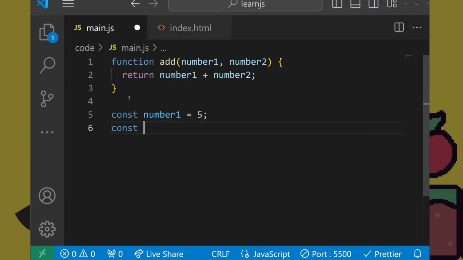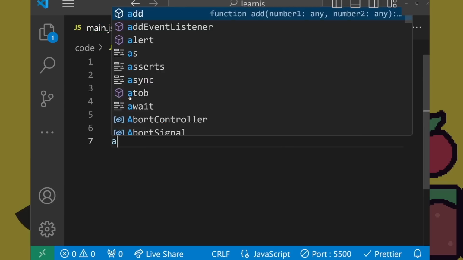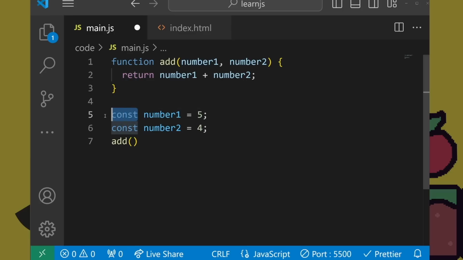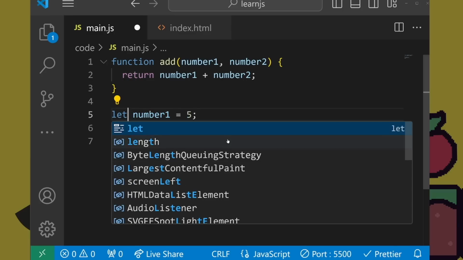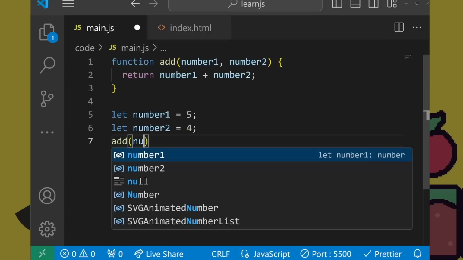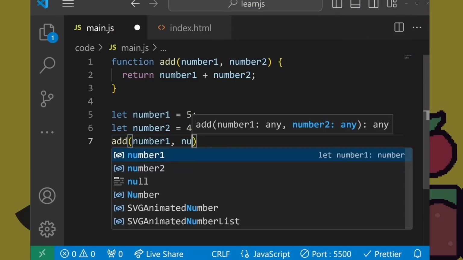I declare another one, called let's say number 4. When I call add here, let's for the sake of argument say you have a let here, and then a let here as well. If I pass in number 1 and number 2,